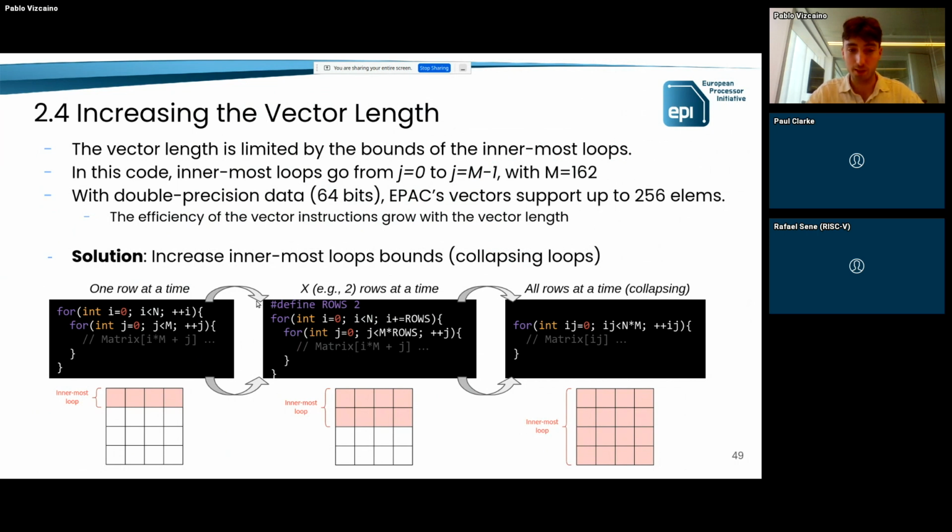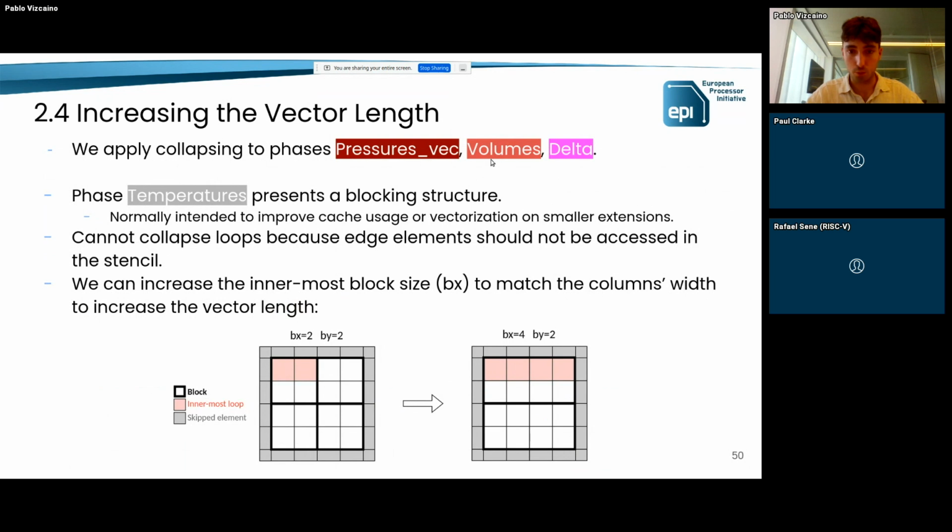One solution to increase the vector length without changing the program much is, when you have this kind of matrix or 2D approach to operating on elements, to do 2 rows at a time, for example. So you increase the size of the innermost loop. Or you can go to the extreme and say, okay, let's execute all the rows in a single loop. So now the loop goes from 0 to n times m, and you can take advantage of the whole vector register much more easily. We can apply this to pressures, to volumes, and to delta, but the phase temperatures has